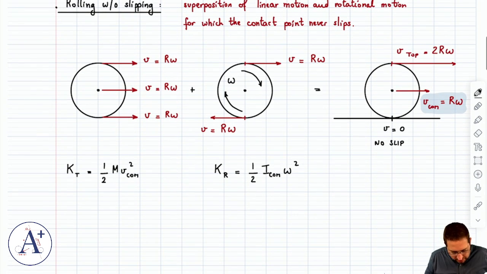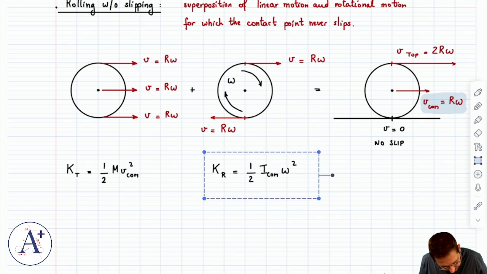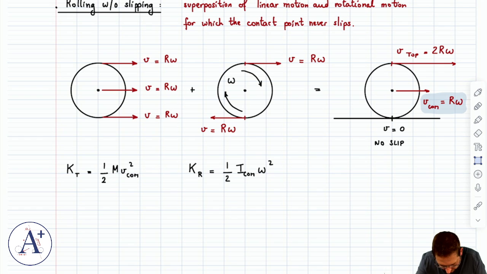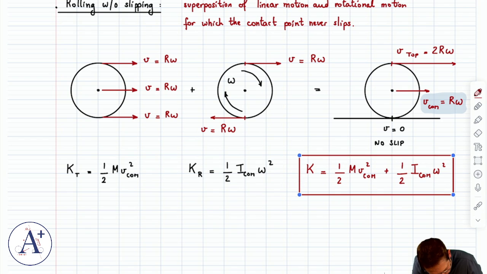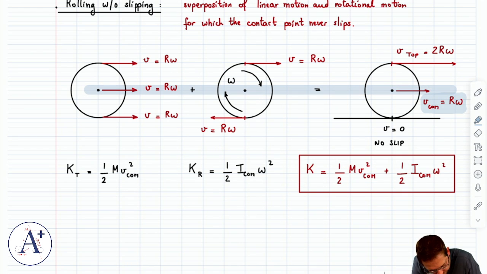Okay, well, what it means, of course, is that the kinetic energy for rolling without slipping is going to be the sum of the two. I have both linear motion of my center of mass. I have 1/2 m v center of mass squared plus 1/2 I center of mass omega squared. That is because as it moves,